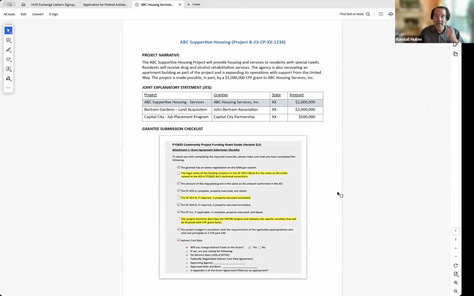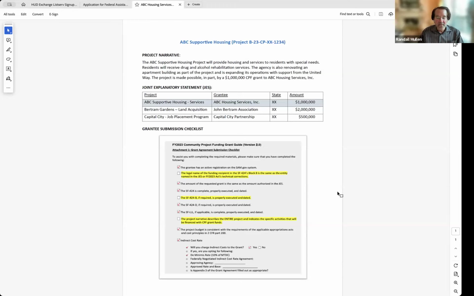Their project narrative is excerpted here, and they have also referred to the congressional record, where there is a joint explanatory statement which identifies the intent of Congress in their award.